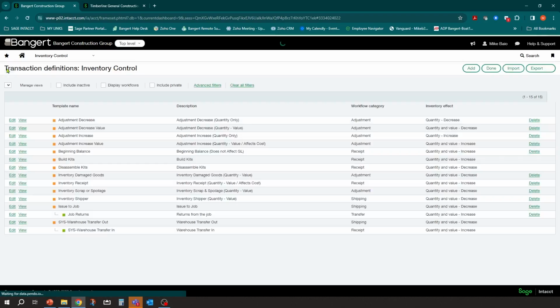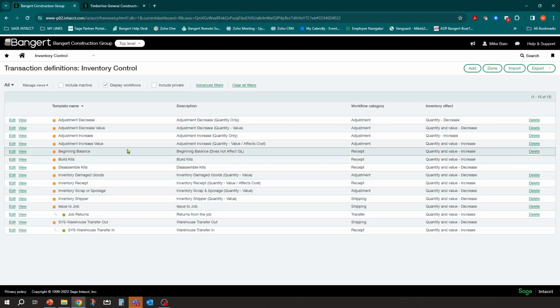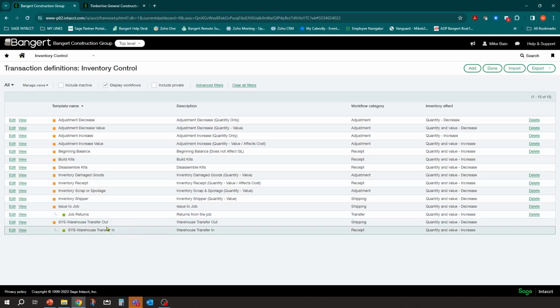Okay. Let's quickly touch on the other ones and then we'll get into the workflows. So, if I want to do inventory transfers, you'll notice here there's two system ones that get set up. There's a warehouse transfer out, warehouse transfer in. And if you notice, they're linked to each other. So what we have to do is you basically enter one at a time, but it converts over. So for example, I usually start with the out as my primary.